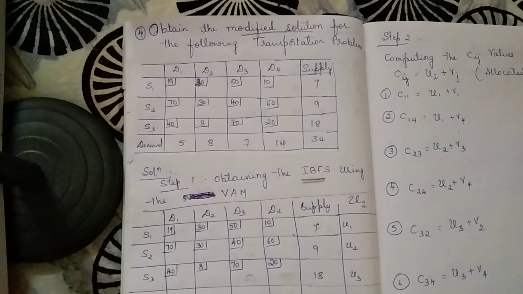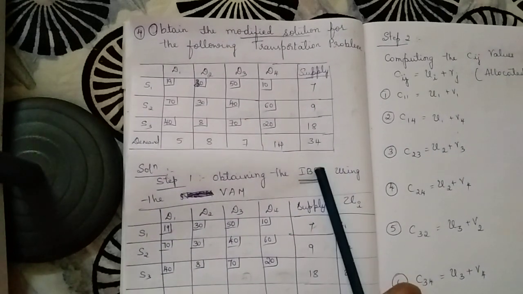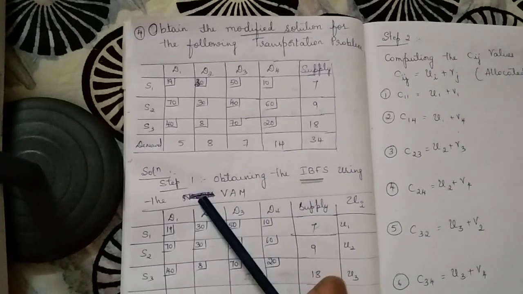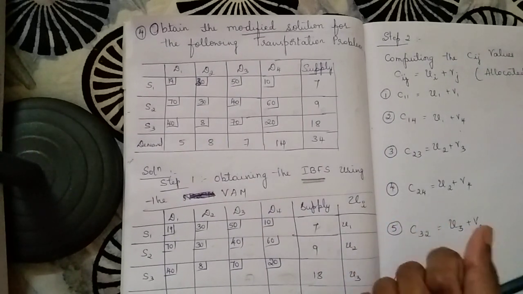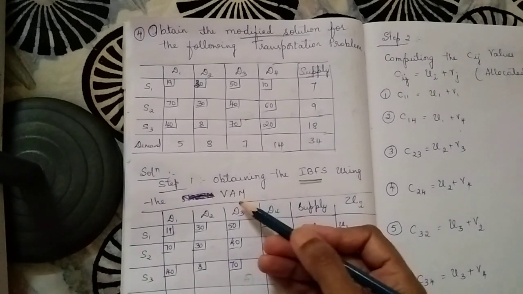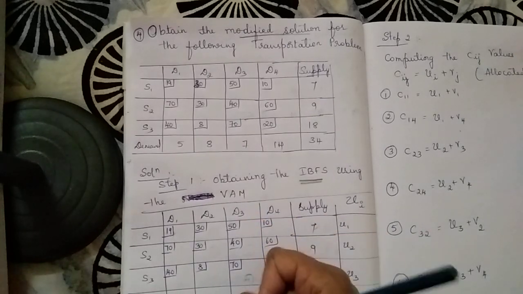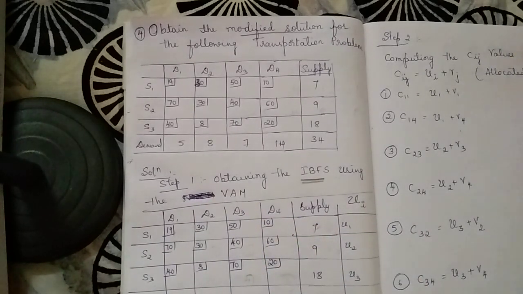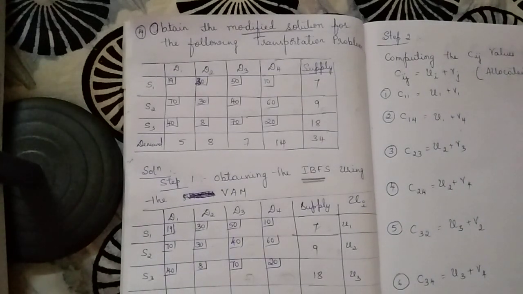So you have a choice. There is nothing given to you in the problem regarding what method you will have to use to obtain the initial basic feasible solution. So we can take it as the northwest corner method or the least cost method or the Vogel's approximation method. If we apply the Vogel's approximation method, we get the solutions a little faster, with lesser iterations. So that is the reason. Now let me copy down the values from the first problem there.